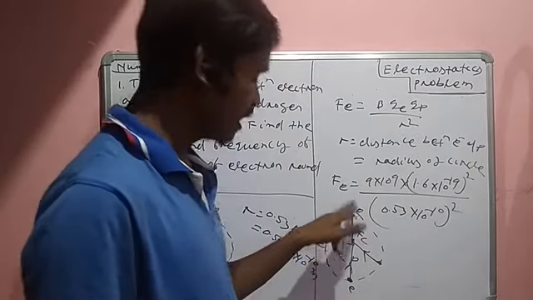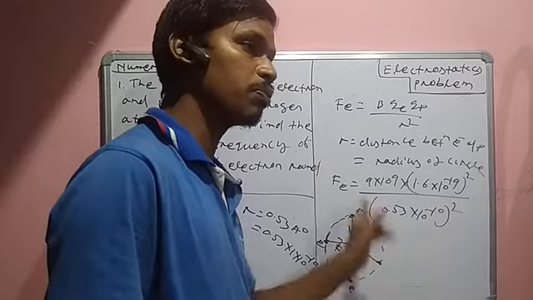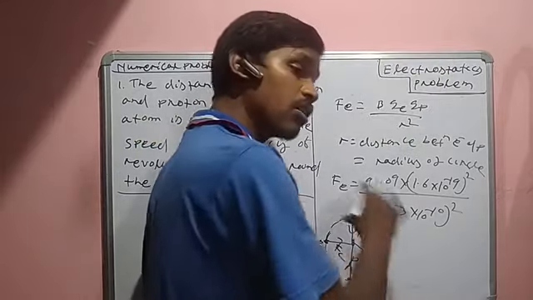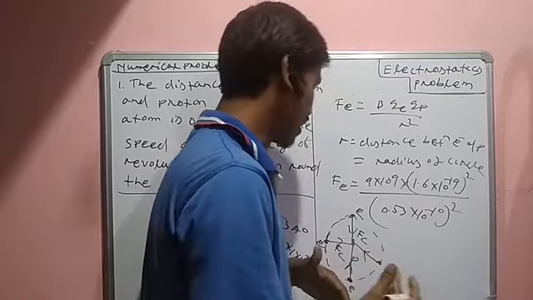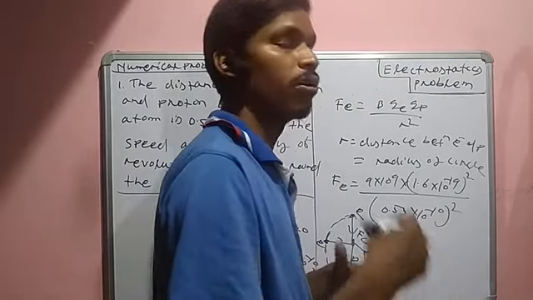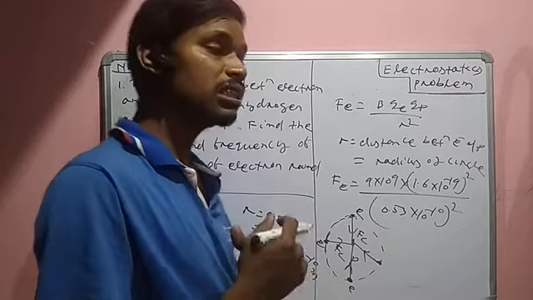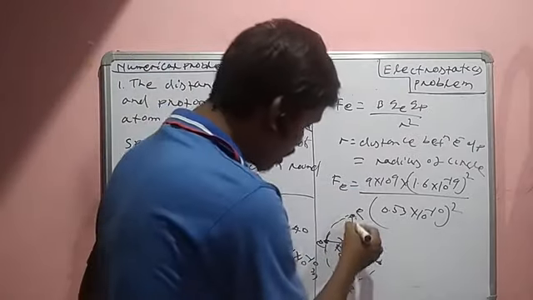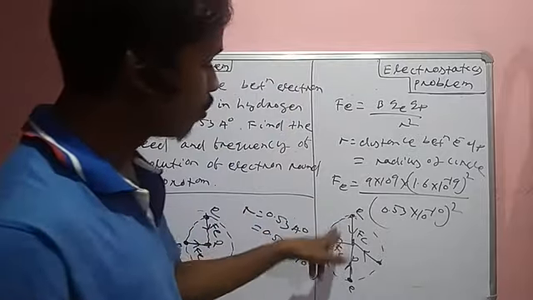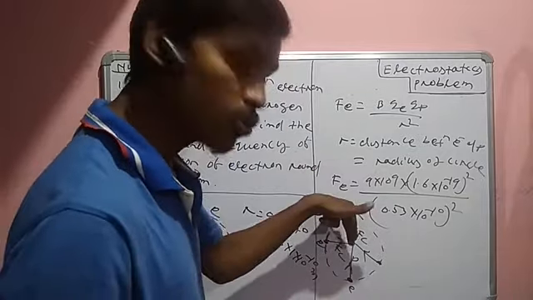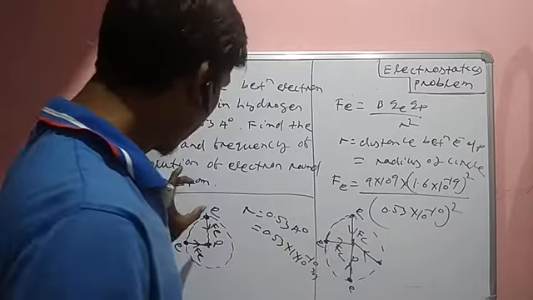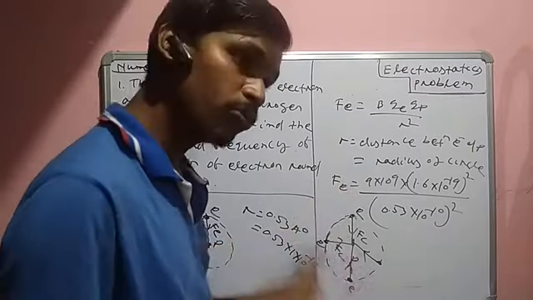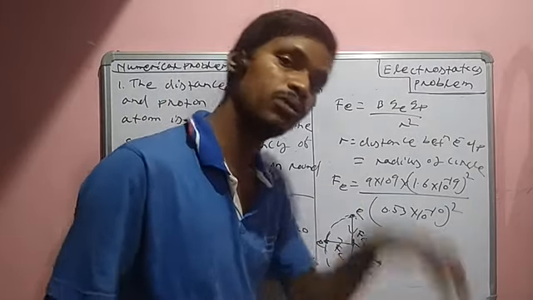When a body moves in a circular path, due to centripetal force the electron is balanced in nature. Centripetal force means the force acting on the body towards the center. We have already known that this centripetal force is the electrostatic force. Whenever a body moves in a circular path, centripetal force is available.